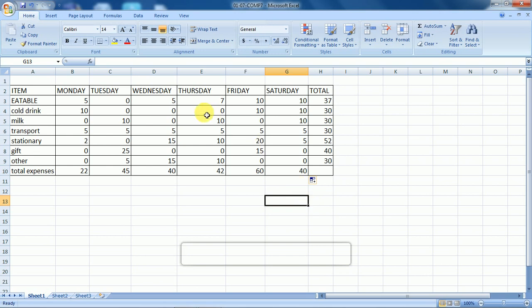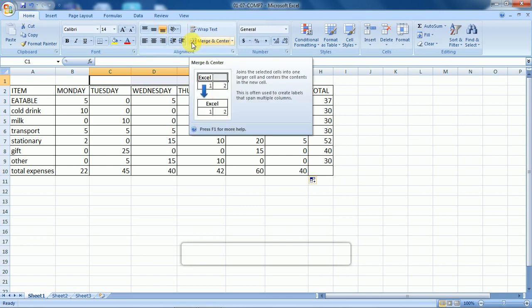And if you want to give a heading here, if you want to give the weekly expenses, so we have to give a weekly expenses for from here to here. If you want to give a common heading, what you have to do, we want to combine all the cells. So how to combine, we can use the merge option. So select the cell. How you select the cell? Click here and drag to right, 3 cells, any number of cells you can select. Now press merge button here. This is merge, home tab, alignment group, merge button. Now see that the 3 cells will be formed as a single cell.